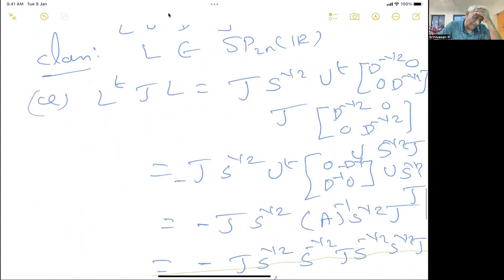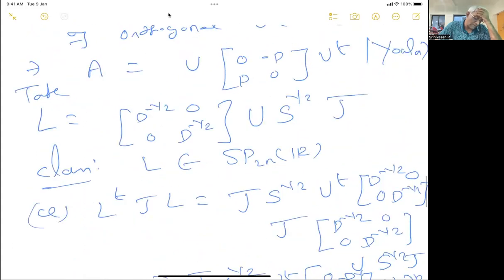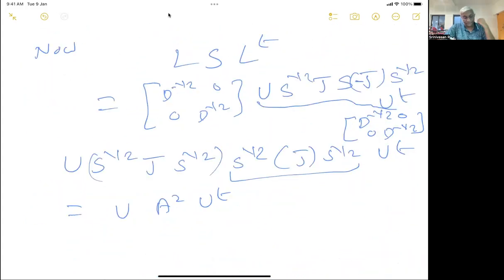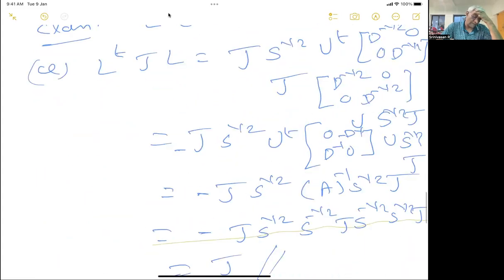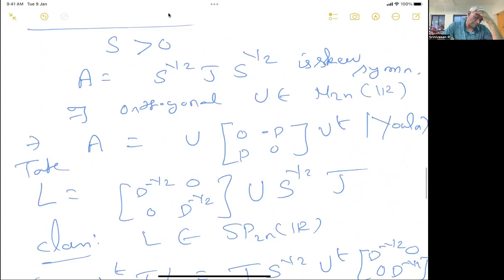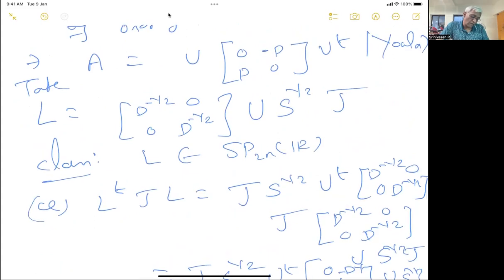Whether I should have taken transpose or this. L is like this, then d power half is there. U transpose is right, yeah, u transpose. So I should have taken that, then the whole thing will change, no? So should I change the whole thing, or if I just put a u transpose here,